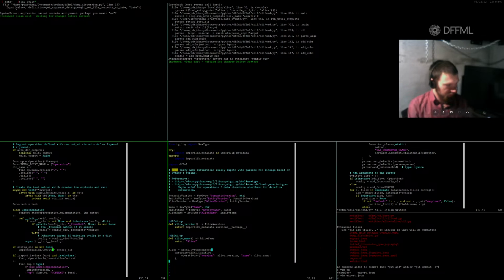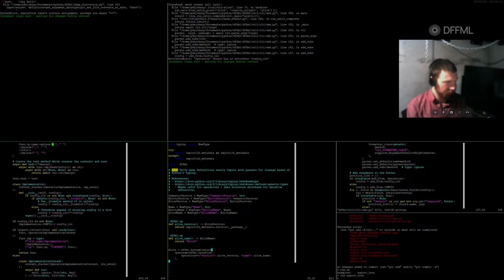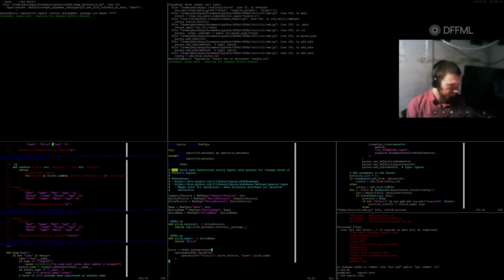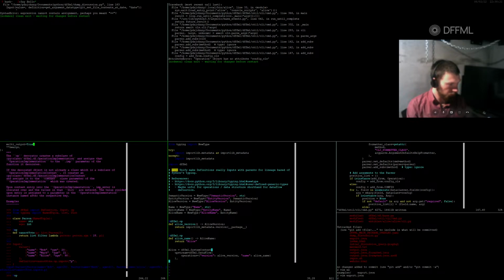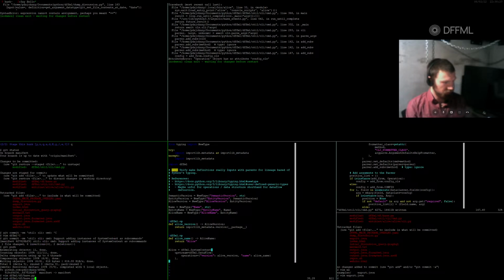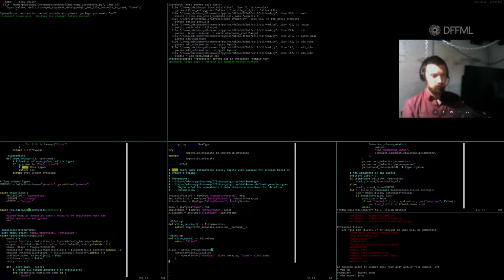Okay, so it sets it on, aha, so it's setting it on the operation implementation, but not on the operation. Just as we'd feared. So in operation,